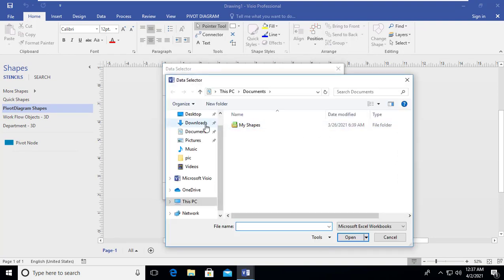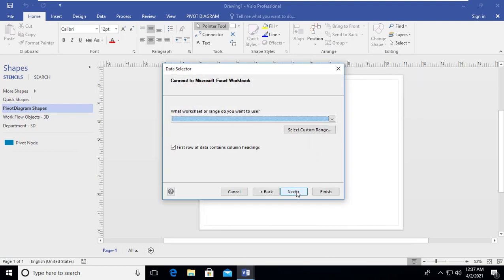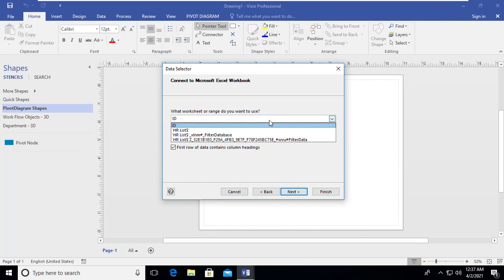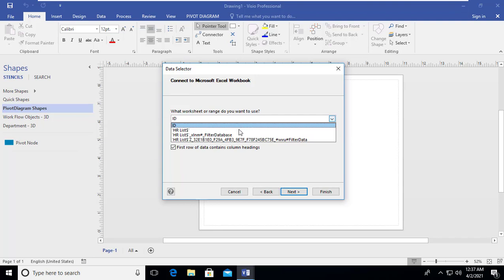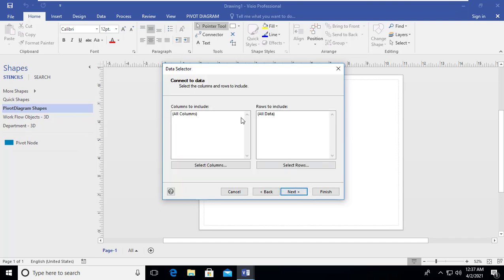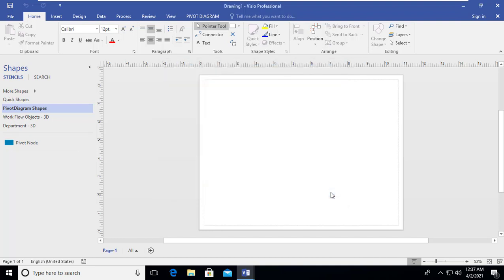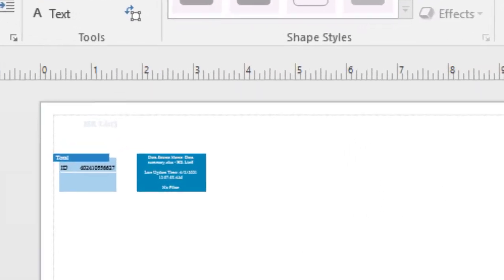on the desktop, and my Excel file must continue or have a range name. If you don't know how to create a range name, you can select it manually from the Visio. But in our case, we have HR list. We will use all the data from our file, and once we finish, now by default he chooses the ID